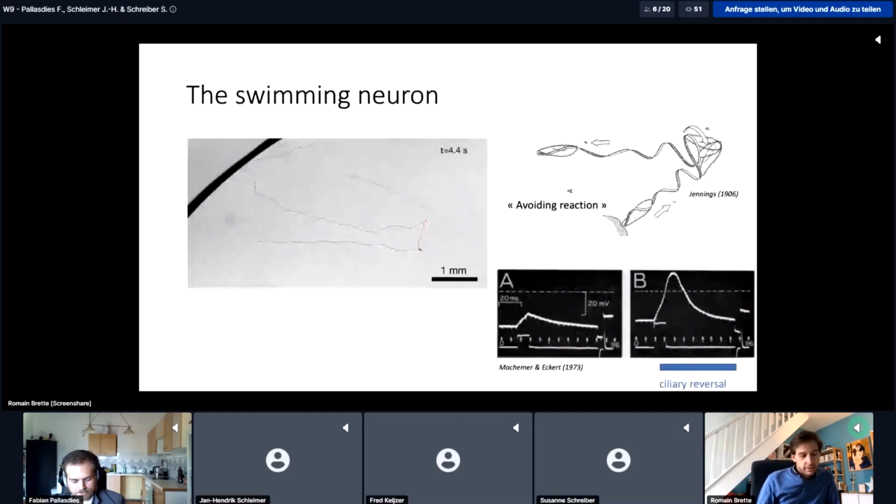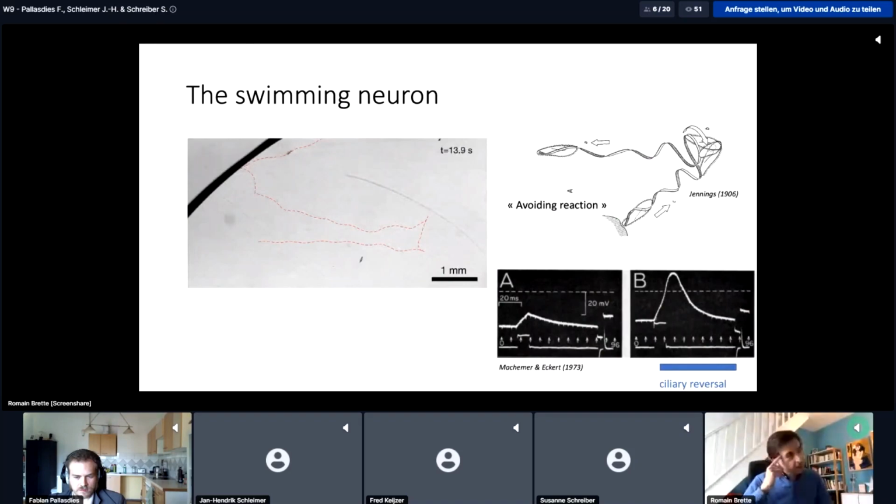It has calcium voltage-gated channels in cilia, and so when you depolarize Paramecium, either with an electrode current or with a stimulus, then you open the ciliary channels, calcium gets into the cilia, and that triggers a change in orientation of the cilia, so the cilia beat in the other direction and the cell swims backward. Then calcium is expelled or buffered, and the cilia reorient and the cell swims forward again.